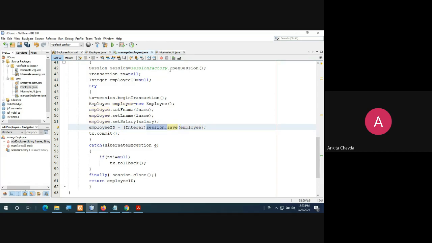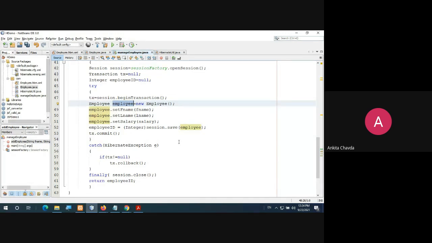You have started a session, you have opened a session, you have begun a transaction. So once you write save, this object will be saved. This object has four associated variables: employeeID, first name, last name, salary. So that would be saved.